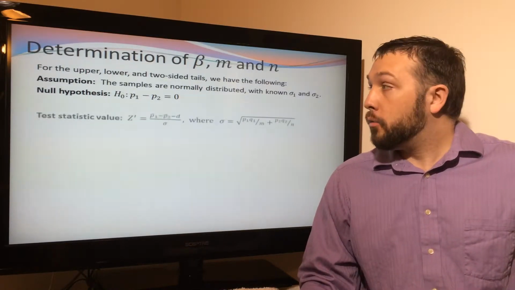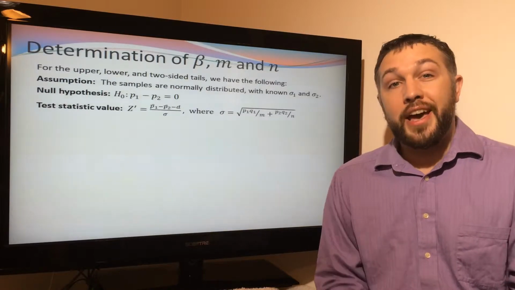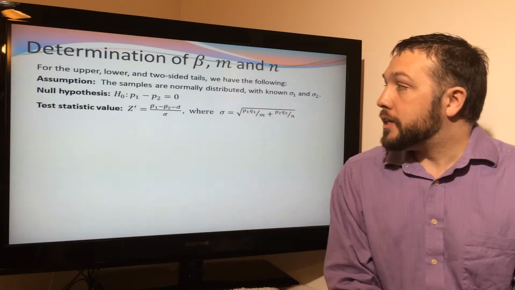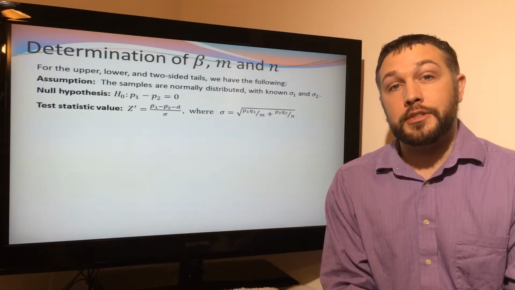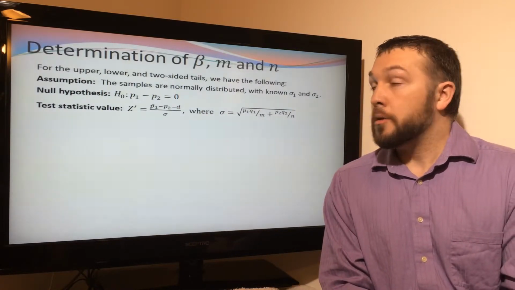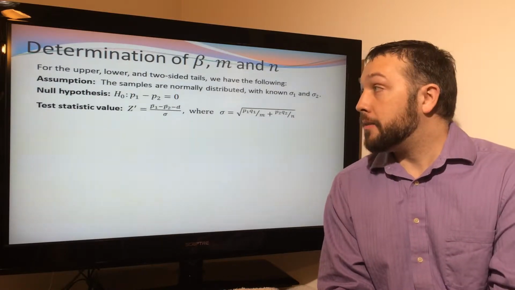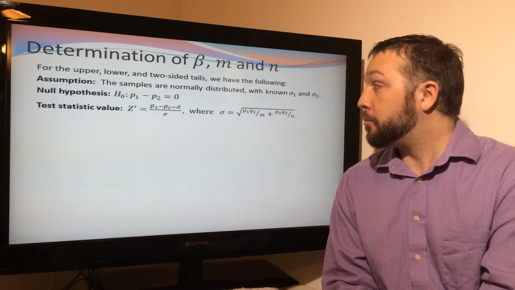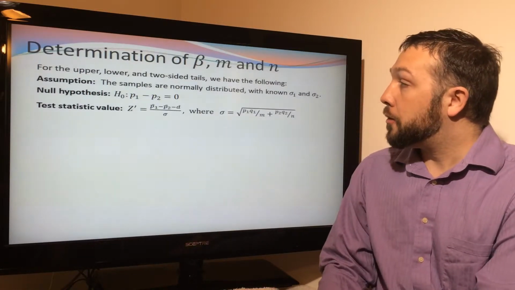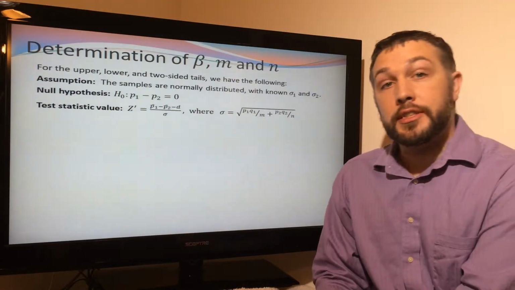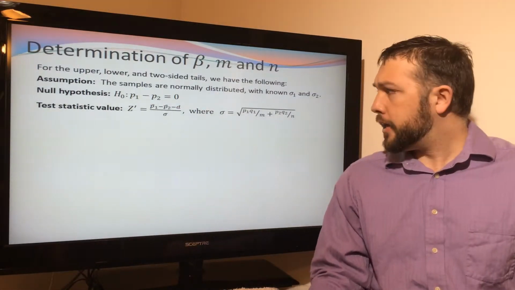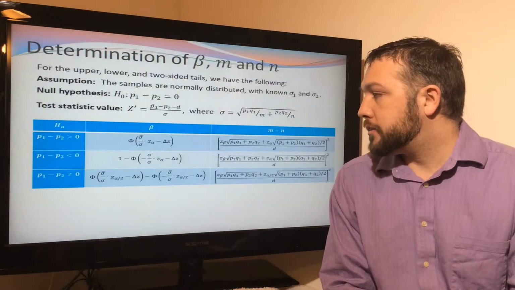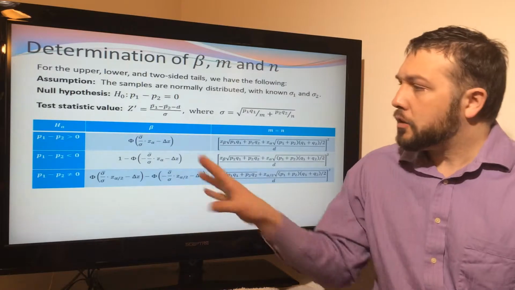And to figure out whether or not we can detect some other value, we have to first decide what that other value might be. So let me use D to denote the difference in the proportions. I think that maybe P1 is 20% and P2 is 30%. So I think D is 10 or negative 0.1 in this case, right? So our statistic that we'll be interested in will be of this form, and we have sigma just as before, okay? And these are the tests that would arise if we considered all the different scenarios. A lot of very